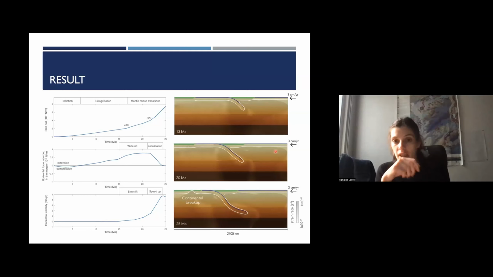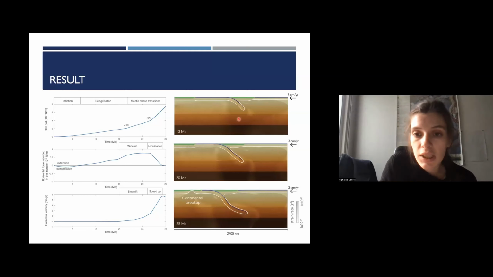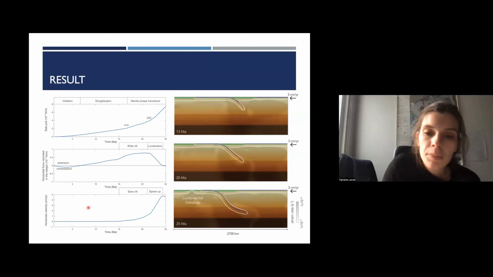What we can see is that during the initiation of the subduction, the slab pull is low, the stress regime recorded within the continental margin is either compressional or slightly tensional, and the rift velocity is 0.